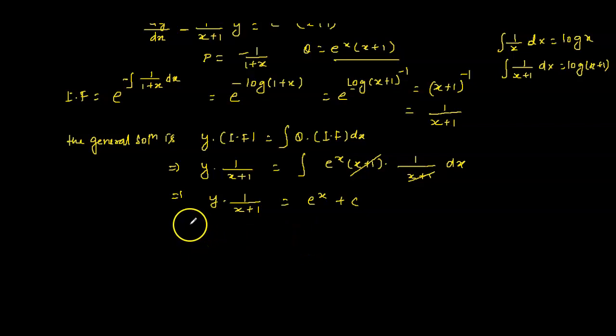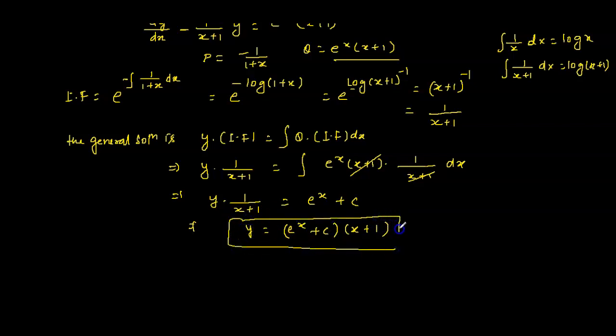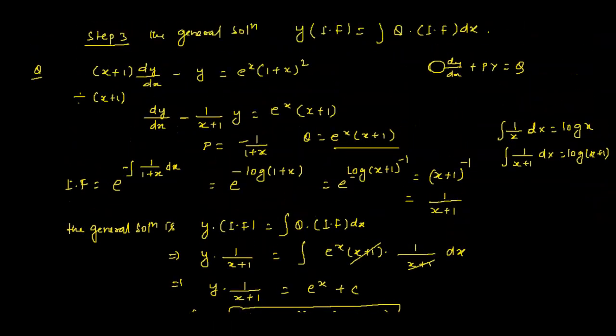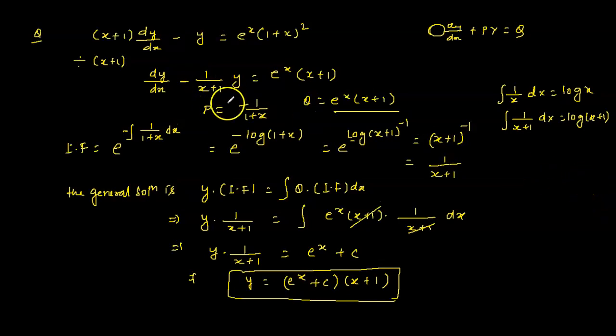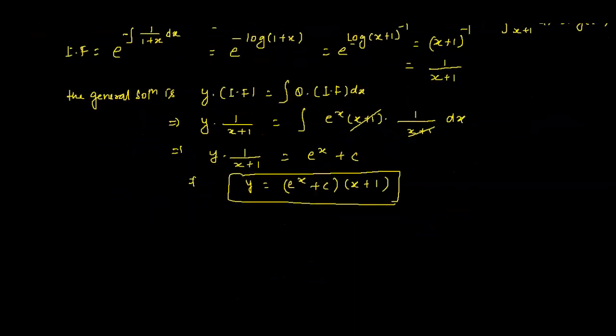Okay. So if you cross multiply, you can do it. y is equal to (e to the power of x plus c) times (x plus 1). This is the general solution. Okay, general solution. Yes, sir. So this is the linear differential equation. If any question is given in the form of a linear differential equation, you find the values of p and q, find the integration factor, and so on. No doubt in this? No.